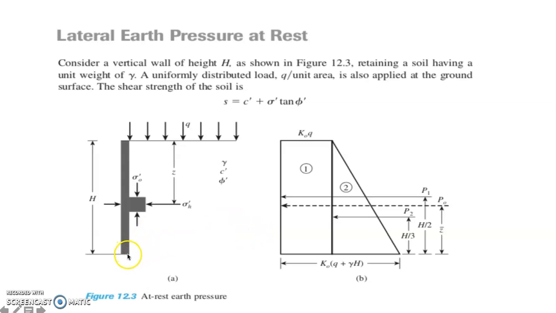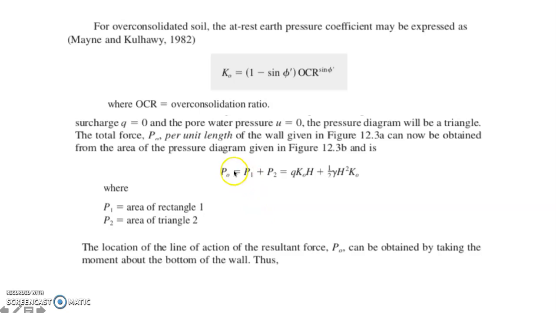You can have your reference point at the bottom of the retaining wall. Then apply your strength of materials: P1 times the distance from its centroid towards the reference point, plus P2 times the distance from its centroid towards the reference point. And you can get the value for the location of the resultant force, denoted by Z bar. So that is how you're going to use your pressure diagram to compute for your total force using the area of your pressure diagram.